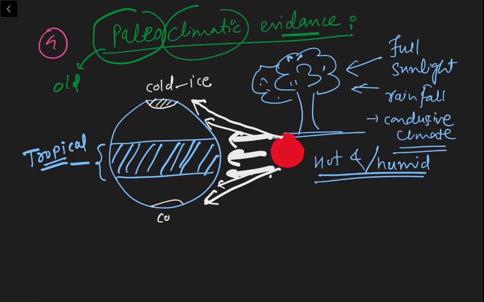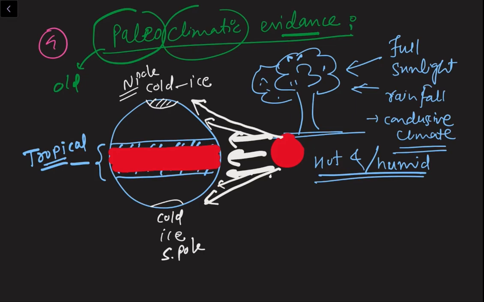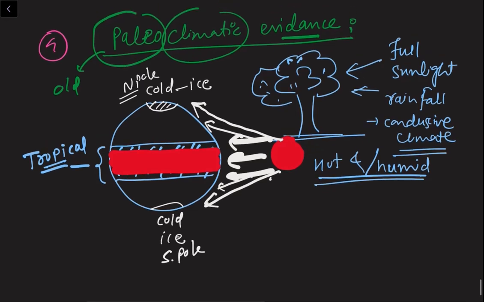Here is also very cold. That's why there is ice at the south pole, at the north pole also. Much of the heat of the sun is received in this area, and this area is a tropical area. Now you know better that the tropical areas, if they receive heat, most of the world's jungles